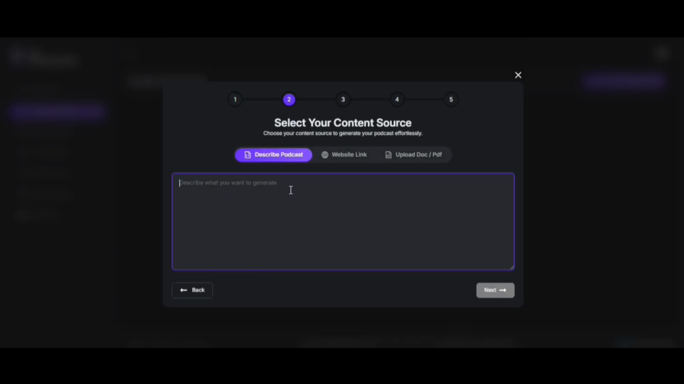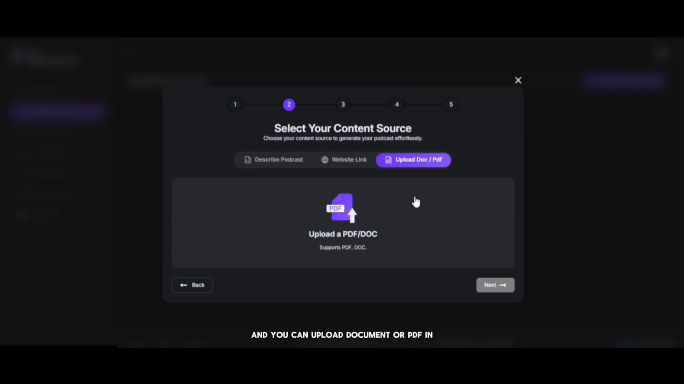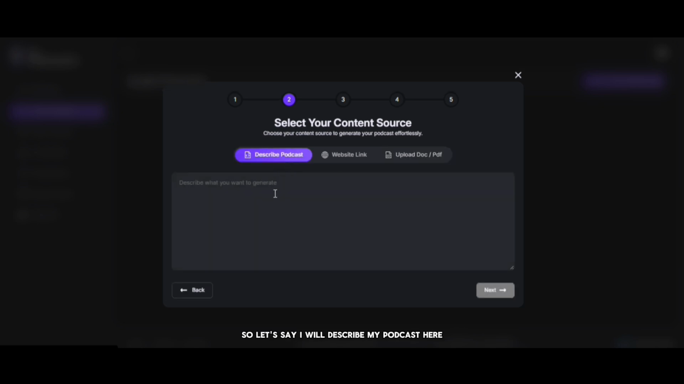Now next. Here you have to select your content source to generate a podcast, right? You can describe your podcast. You can use a website. You paste the website URL here, and it will fetch the data of the website, right? And you can upload a document or PDF file. So let's say I will describe my podcast here, which will be motivational,